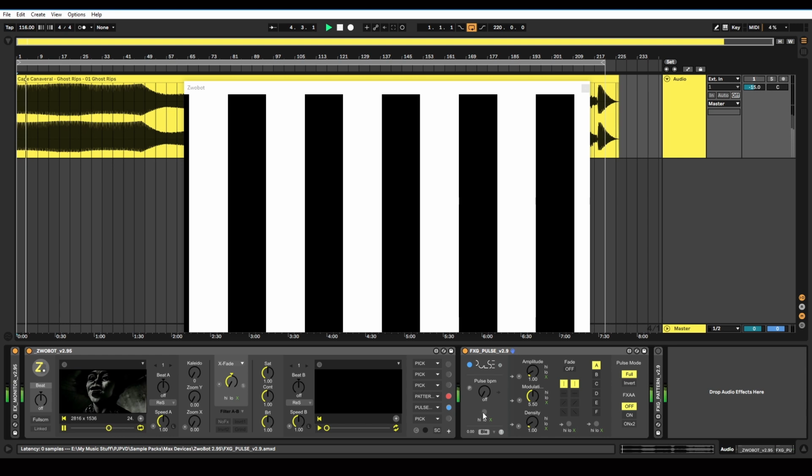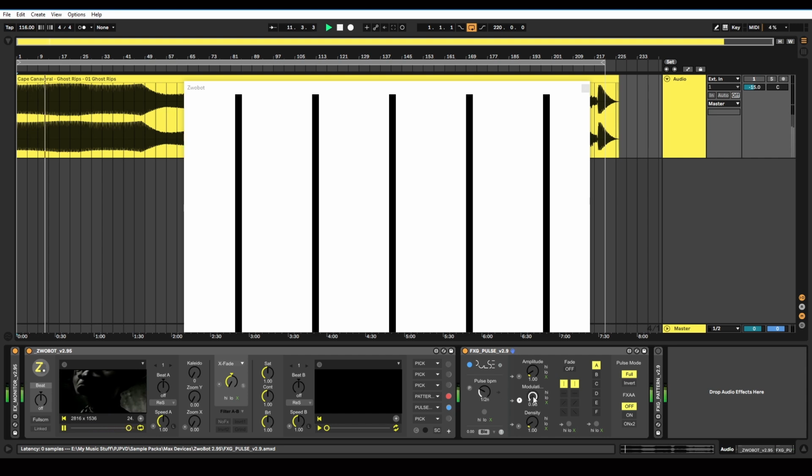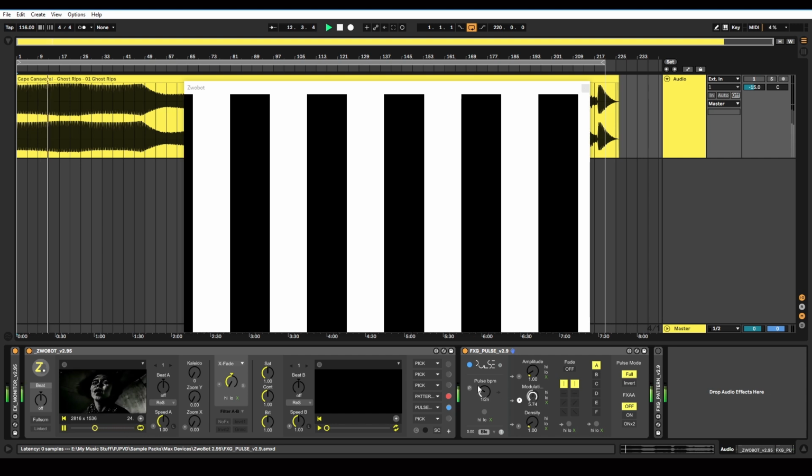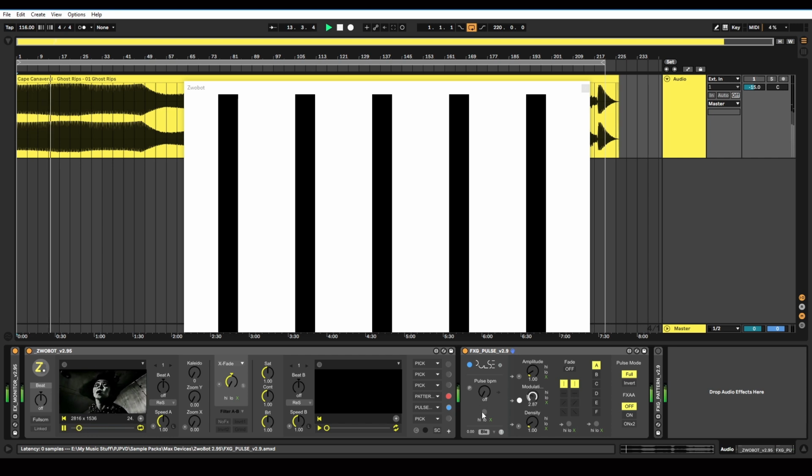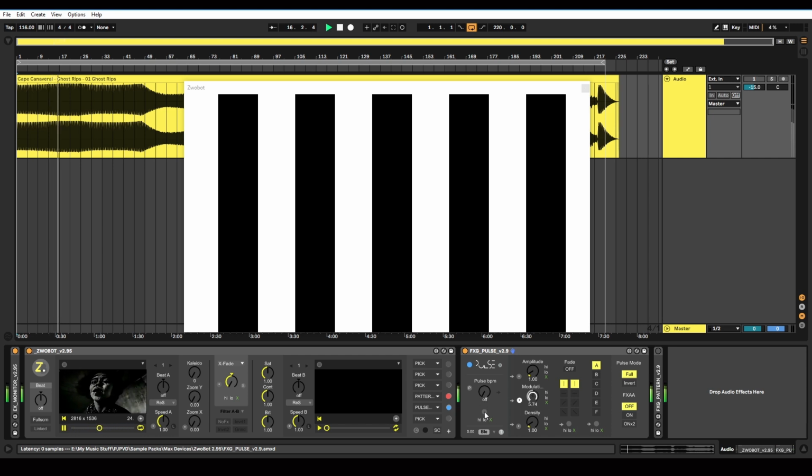Now you can also manually trigger this BPM sync. So let's say I want this modulation dial to change with the BPM. You can see now it's changing in accordance with whatever this setting is. But if you took this off and you want to have manual control over that, you can hit this button. So now every time I hit this button,